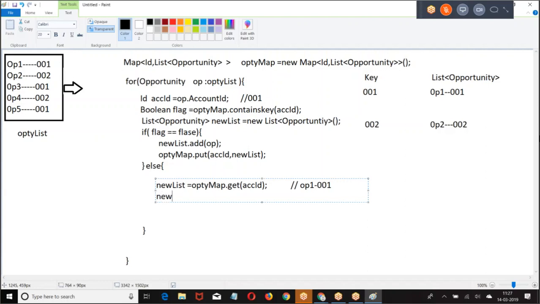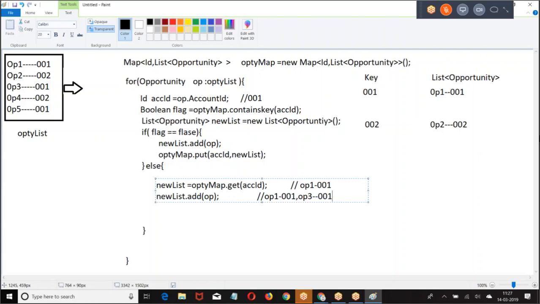After getting this, then you say new list dot add. Get me the old value, add one more new value to the list. In the map, what is the old value we have? Get that old value. In the 001, we have OP1, 001.